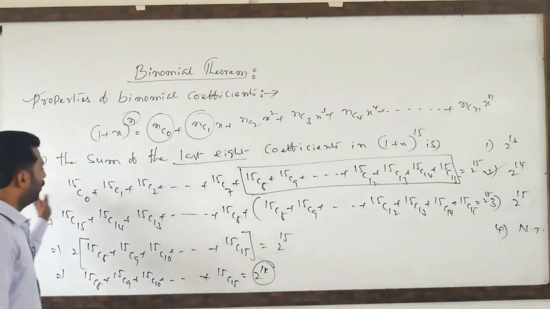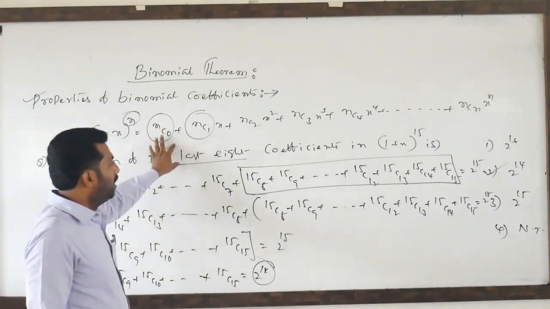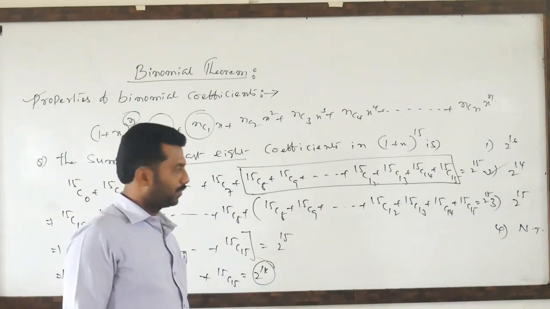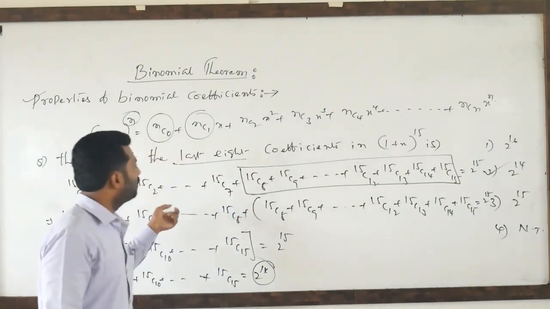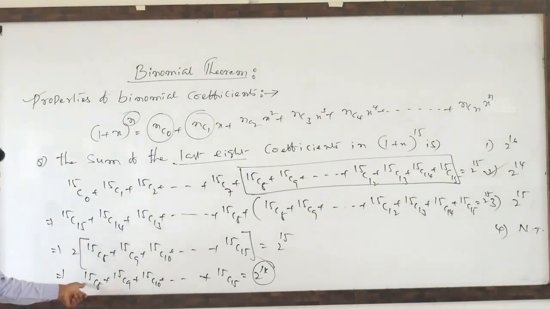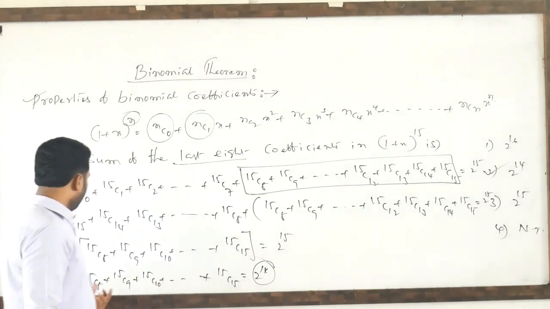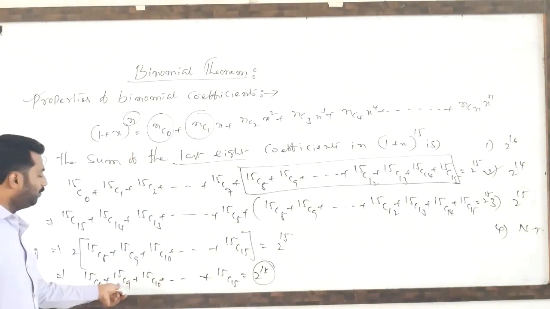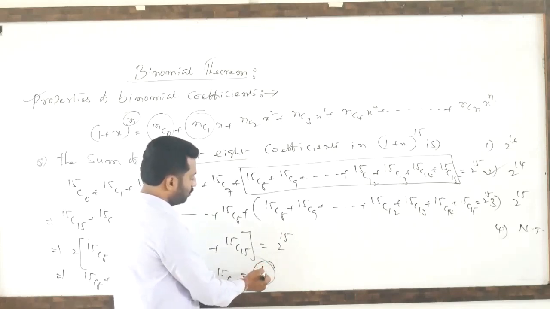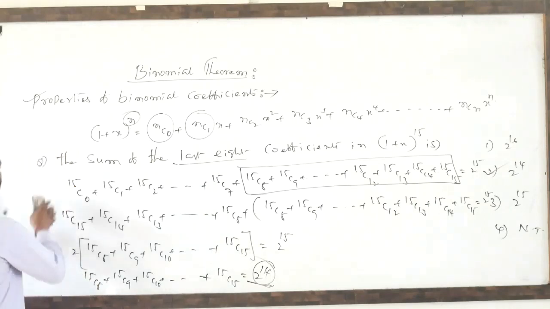So most important problem. One more question based on the same concept only. The number of ways of selecting at least 8 members, total 15 are there. At least 8 members means how many ways can we select? See, at least 8 members: 8 members, 9 members, 10 members, up to all the members. So you have to write 15C8, 15C9 and so on, which is 2 to the power 14. That is the answer. So this problem is most important. Next.